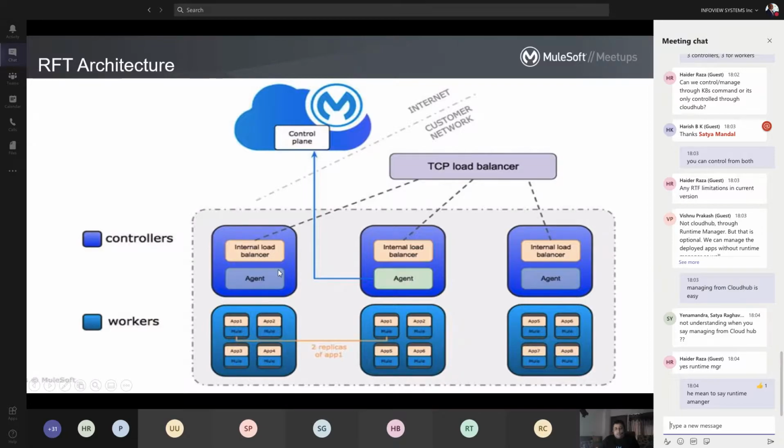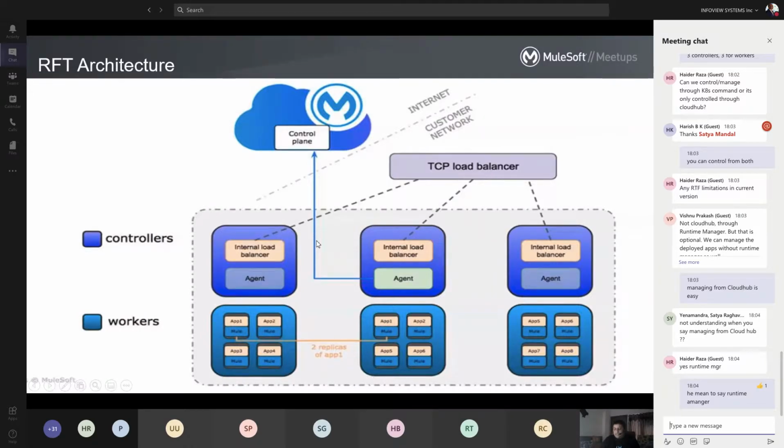But if we are using only two controllers and one server goes out of the network or service, we will have only one server to manage all the requests at a time. So keeping all these scenarios in mind, MuleSoft always recommends at least 6 servers to deploy Runtime Fabric in the production environment.